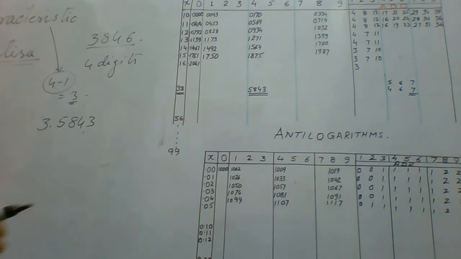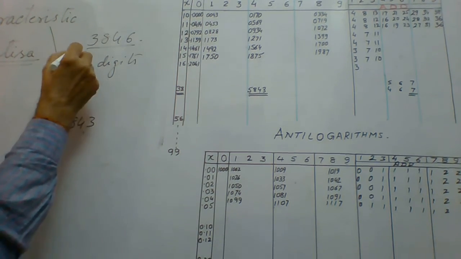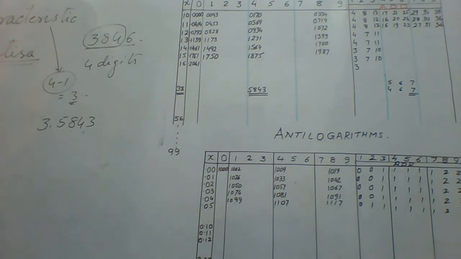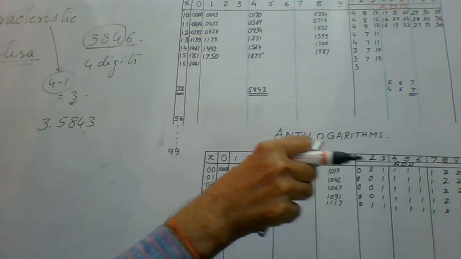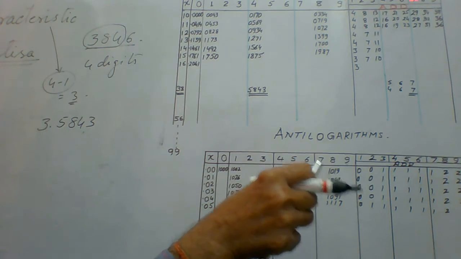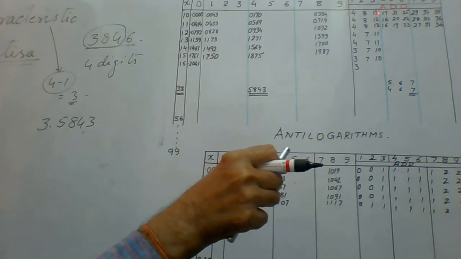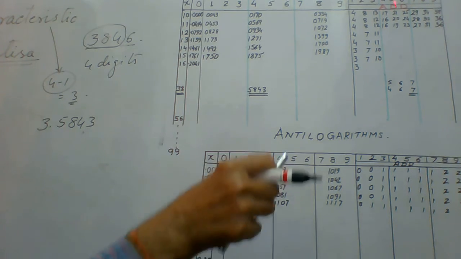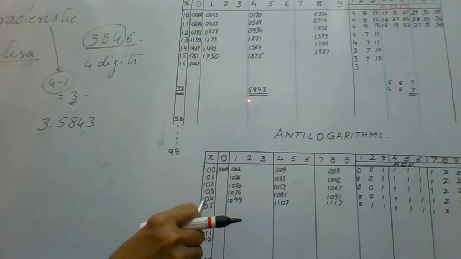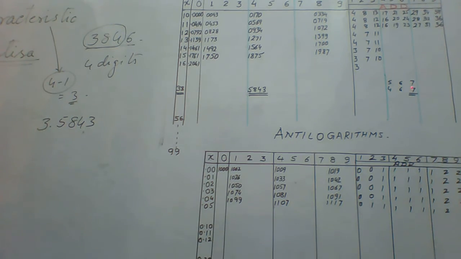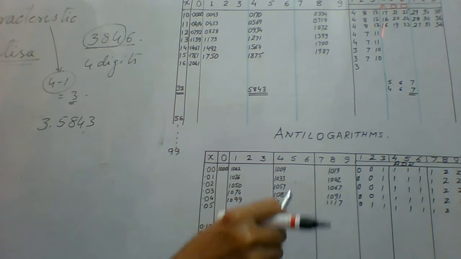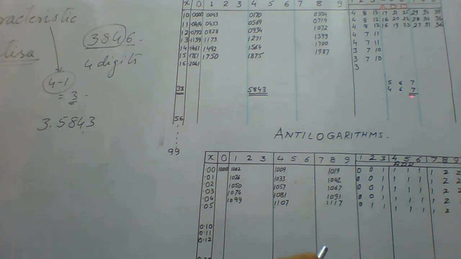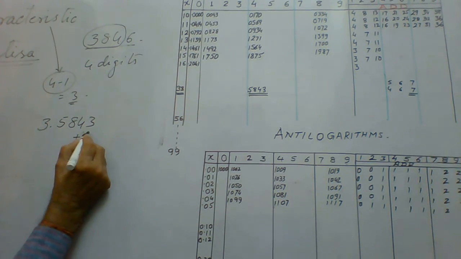5843. So this is up to 3 digits. I have calculated up to 3, 8 and 4. I have not considered the 6 so far. To consider the 6, I will go to the mean difference column. This part of the common logarithm table is called the mean table. Under the mean table, the word is add. That means whatever numbers are there have to be added to the 4-digit number. Here the numbers may be single digit or double digit. Under the digit 6, come to the 6th column, come down, and I find it is 7. So I will take 7 here and write plus.